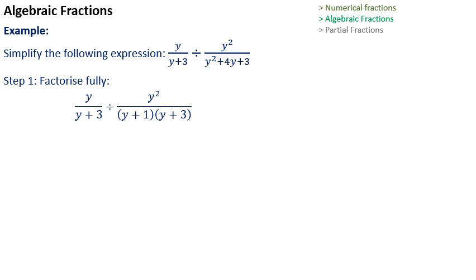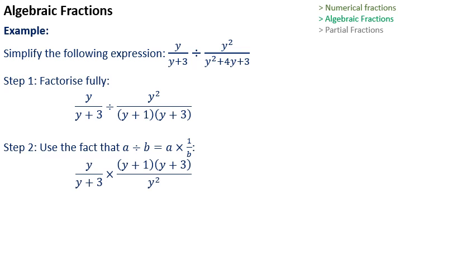In other words, if we had 2y squared, add 8y, add 6, then the roots would still be -1 and -3, but we'd have to include a 2 in addition to the two factors y add 1 and y add 3. Anyway, now we've got our factorized fractions. The next step we're going to use is taking advantage of the fact that division is equivalent to multiplying by the reciprocal. So we're going to change the divide sign to a multiply, and we're going to flip the second fraction over